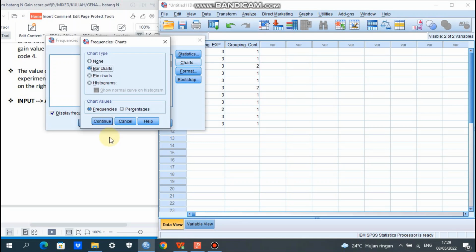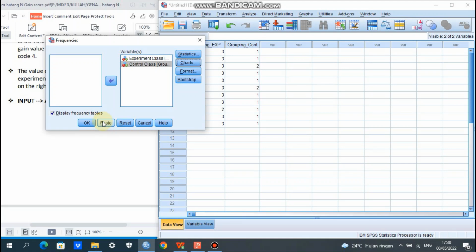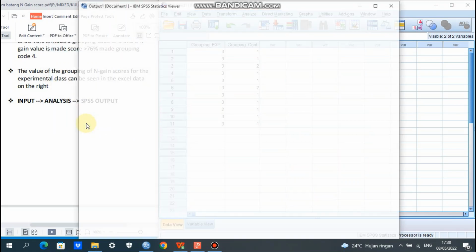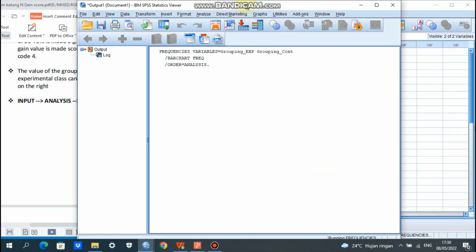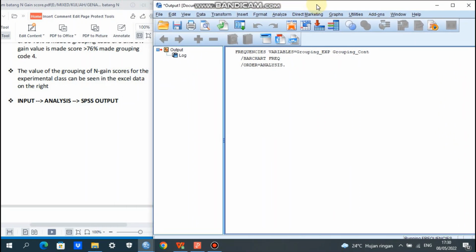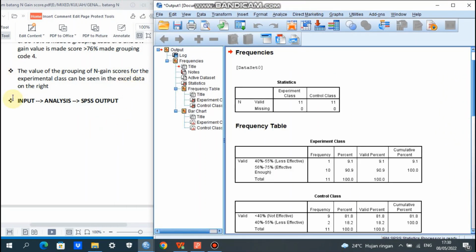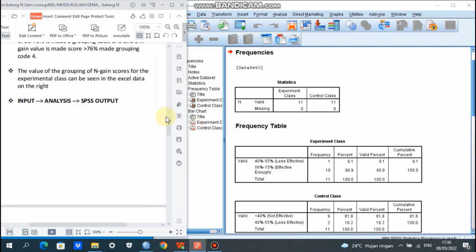We click it and then we click OK. Okay, we are waiting for the output, so we have already followed the stages: input, analysis, and the last SPSS output.